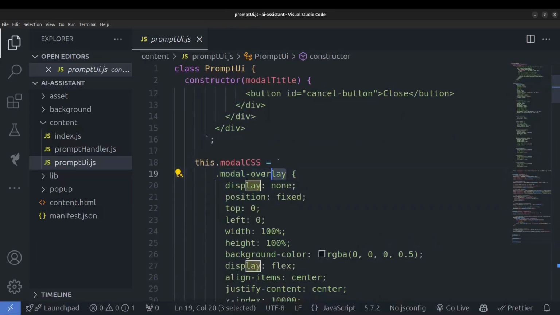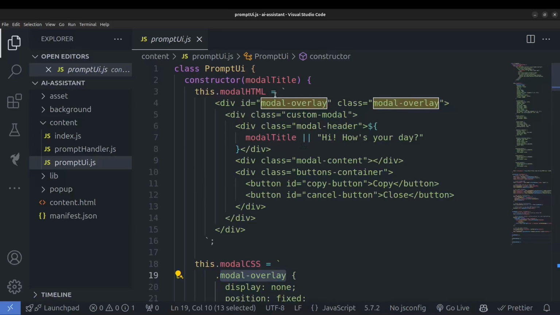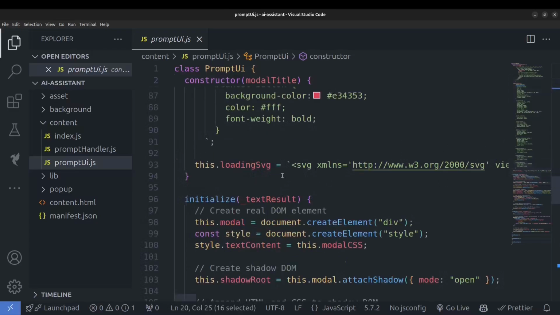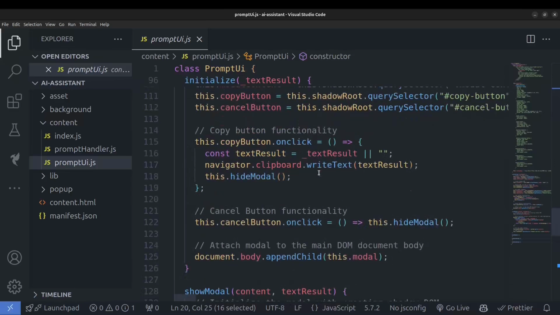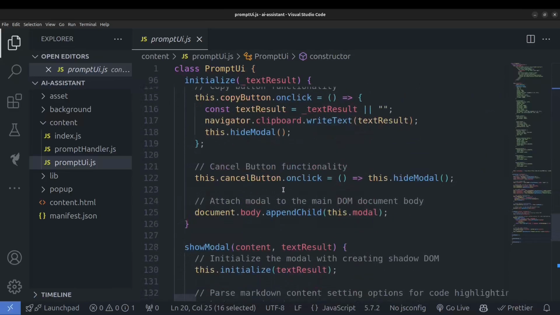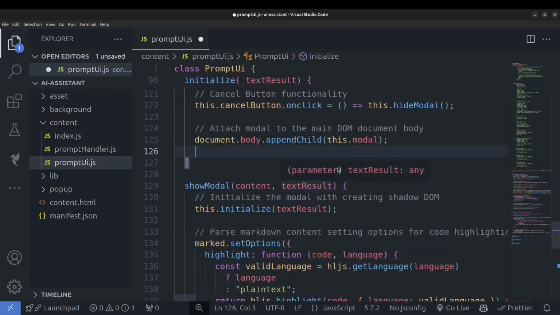So if I just select this class, then you can see this is the main div class that is wrapping the whole HTML, and for the style it is display none by default. So in that case, for showing the modal, we need to make it display flex or display block. For doing that, we have to do it either in this initialization after here, or maybe we do it